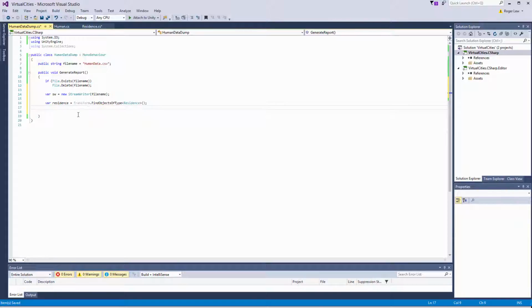Array is a lot like a list. And then we can iterate through these. Instead of using a for loop, we could use a for each loop, and then you get to see something new. So we would do for each var. Actually, I want to make this plural, so this is going to find a list of all of the residences, and then here I'm going to use the singular. So var residence in residences, the plural,